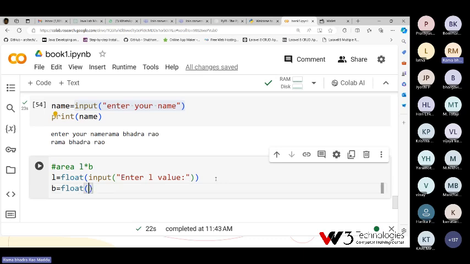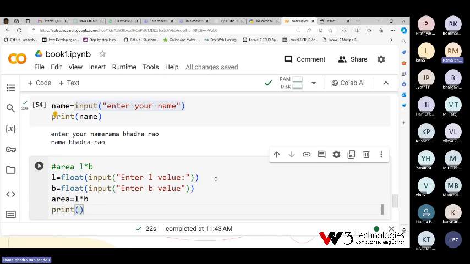That's why I'm using float. Input B. Area: I'm calculating L into B and print, in quotes, the area is, comma, area.